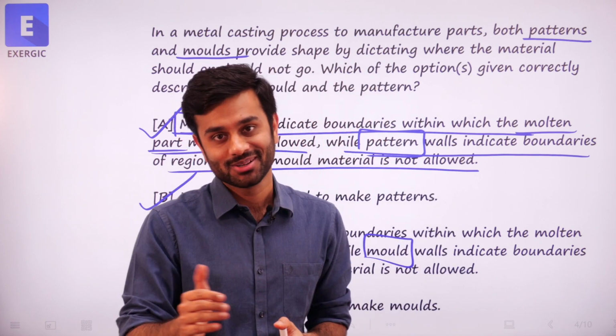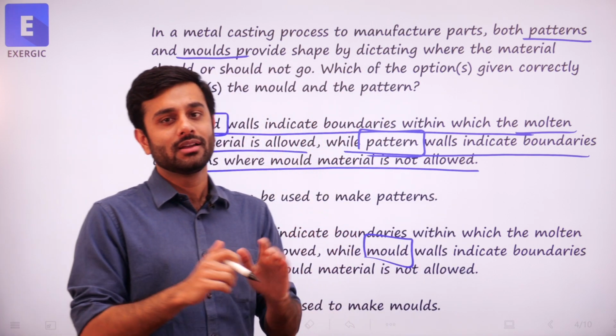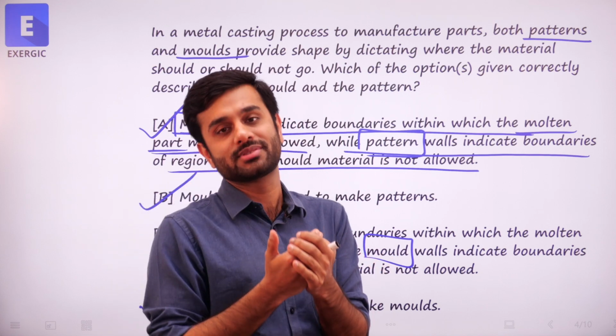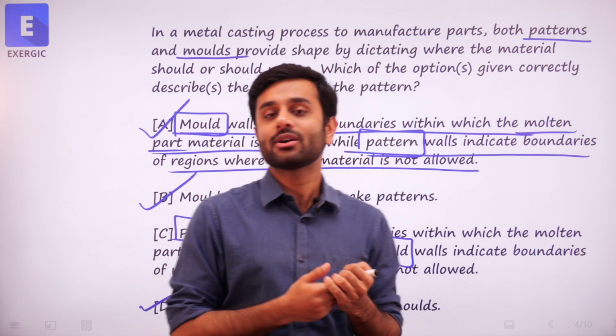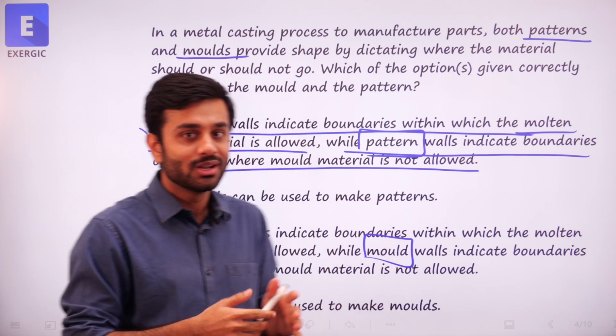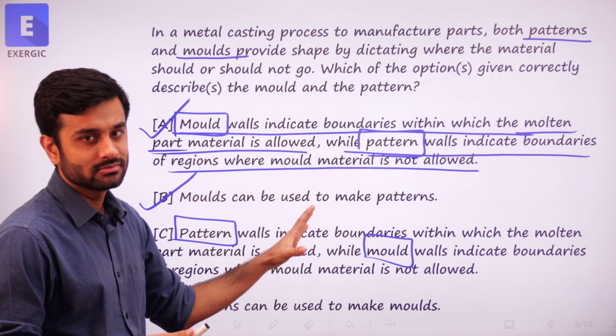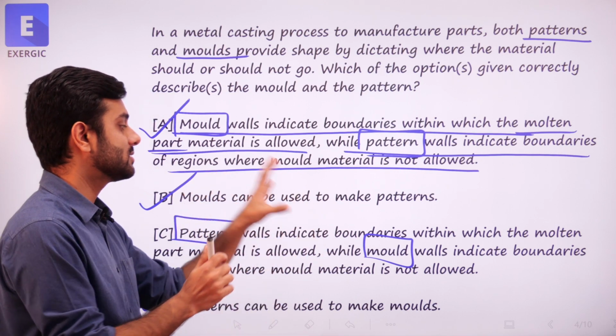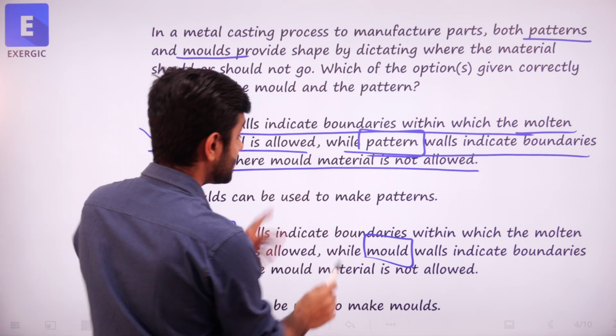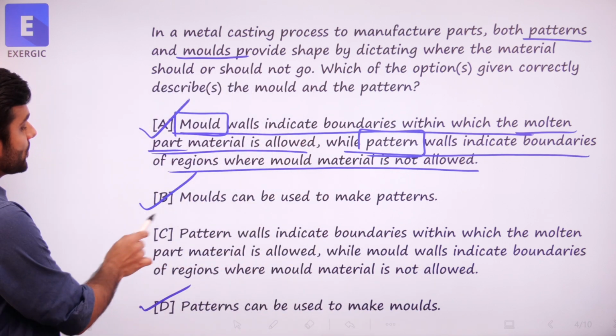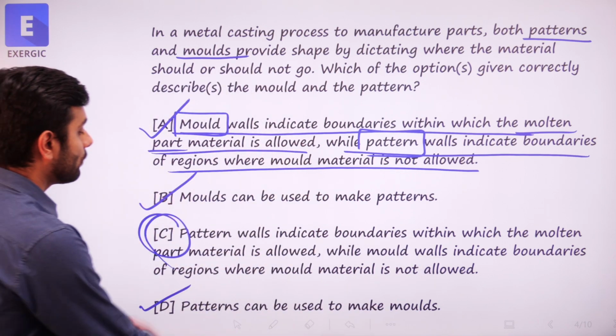Let me tell you, option C is a rubbish statement. There are so many good concepts in casting, right? They could have asked about those, but they chose to bend option A and make an option which is very absurd. That is why option C is confusing many students as well as some institutes. Option C is saying that pattern wall indicates